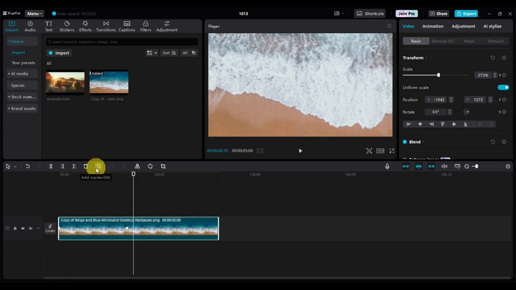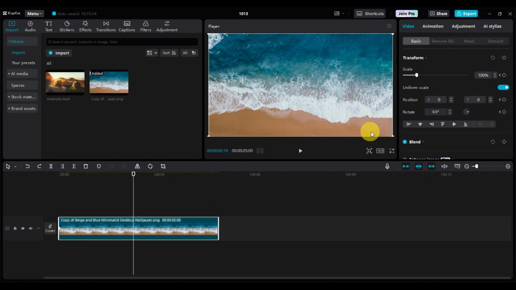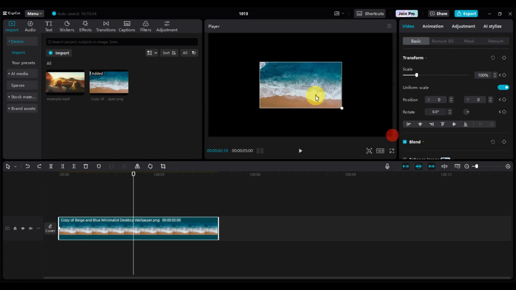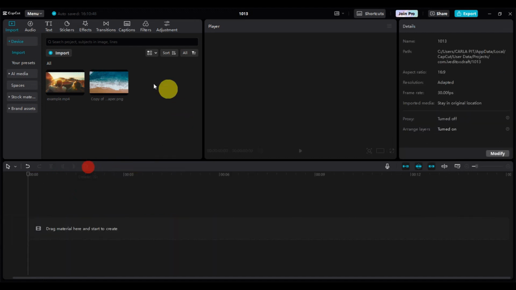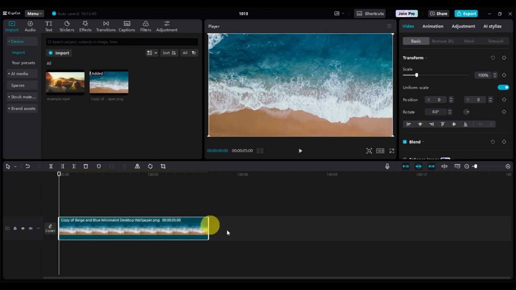Now, what we want to try to do next in here to add in a movement is, for example, I want to go ahead and move this photo in here, starting here, and then we want to add this here onto the bottom right of it. So we're going to go ahead and do the same thing for this. So we're going to remove this first so that we won't be confused with the keyframes that we have added earlier. And once you have added this back again in here, so instead of scale,